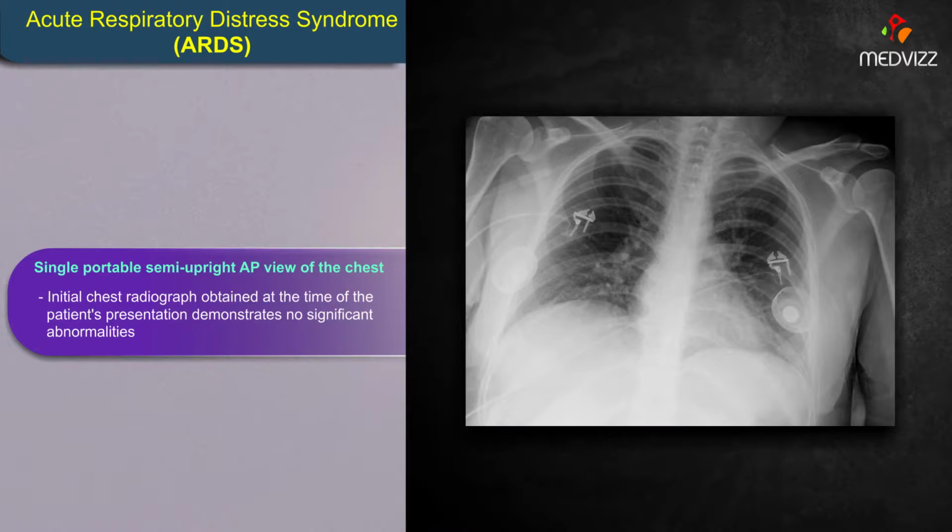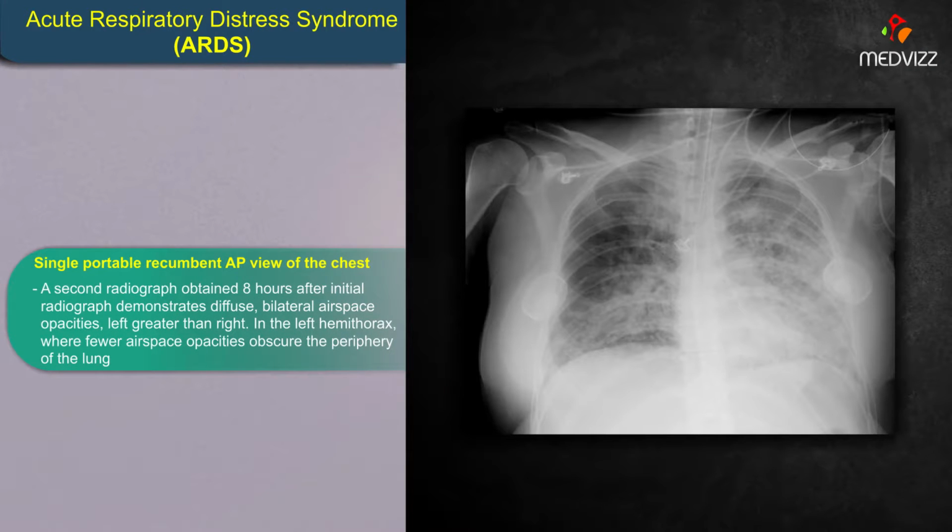There are some imaging studies shown. So, number one, a single portable semi-upright AP view of the chest, the initial chest radiograph obtained at the time of the patient's presentation, demonstrating no significant abnormalities except for low lung volumes. If you then have another X-ray as the disease progresses, the portable recumbent AP view of the chest shows a second